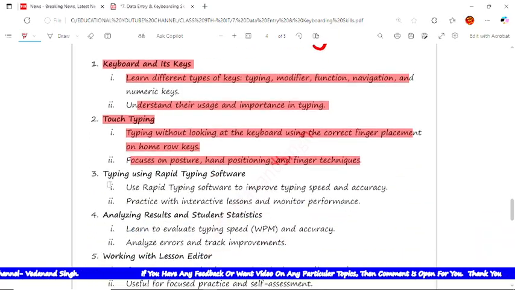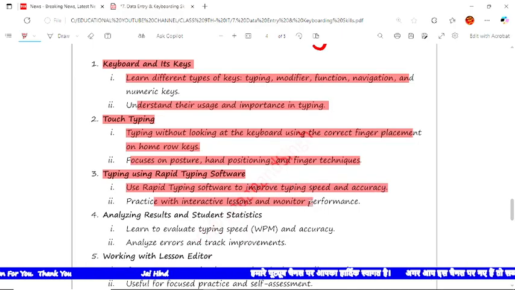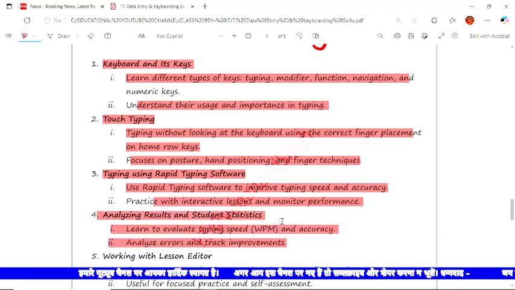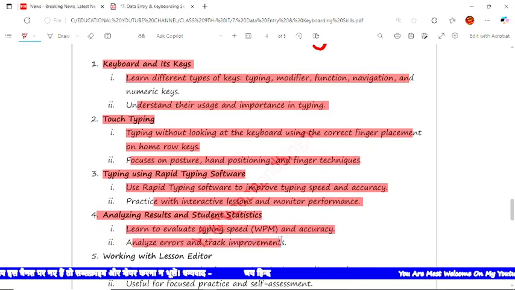Now typing using rapid typing software: it uses the software to improve typing speed and accuracy, practice with interactive lessons and monitor performance. Analyzing results and student statistics: learn to evaluate WPM and accuracy, analyze errors and track improvement.